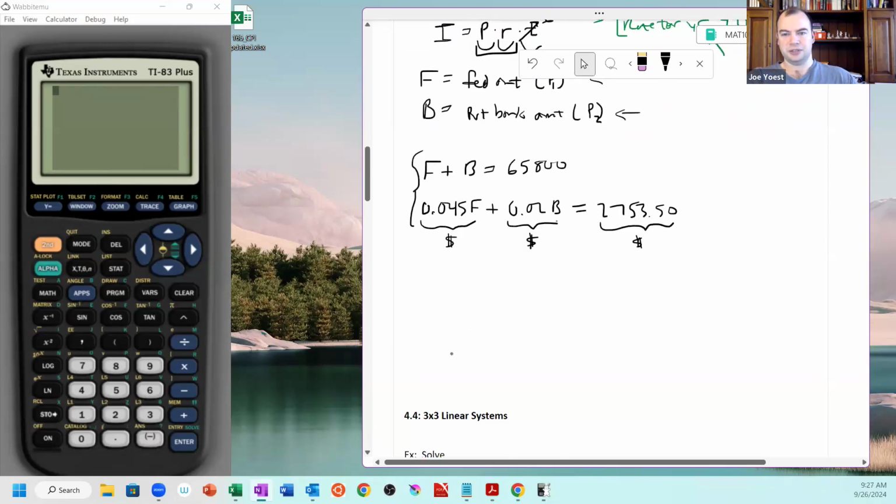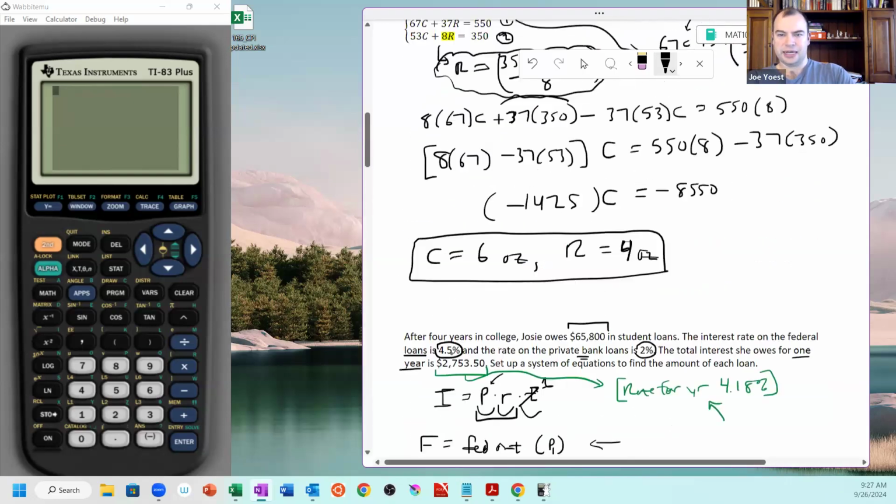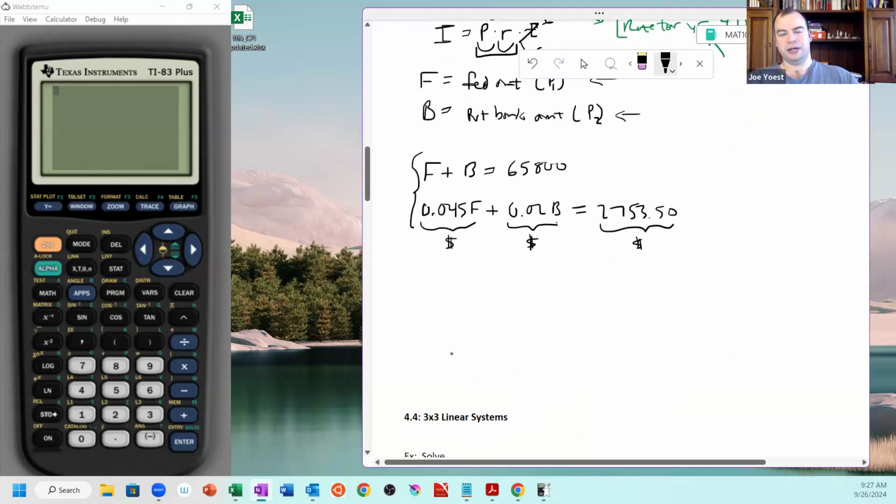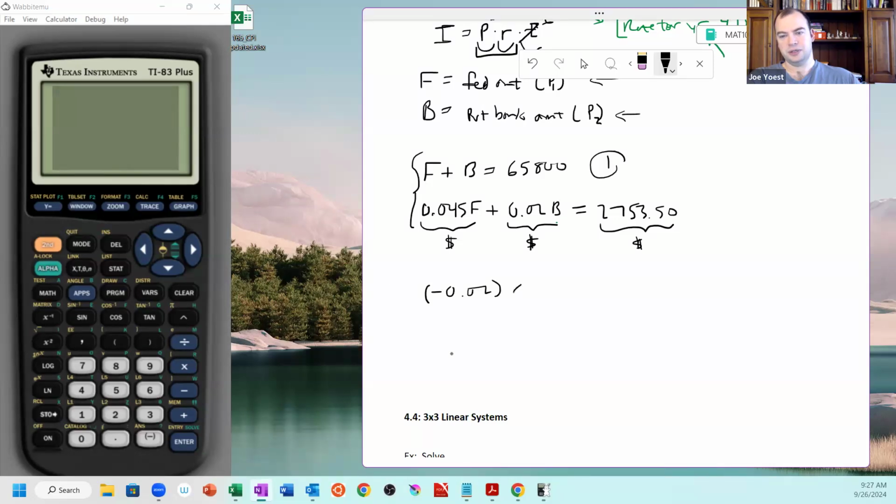Okay, so we want to solve this system here. Since I did the last one by substitution, let's do this one by elimination. Maybe I'll take equation 1 and multiply it by something to make b go away, since that has the slightly nicer coefficient. So I'll take negative 0.02 times equation 1, which gives me negative 0.02f minus 0.02b equals, and this is going to be negative 0.02